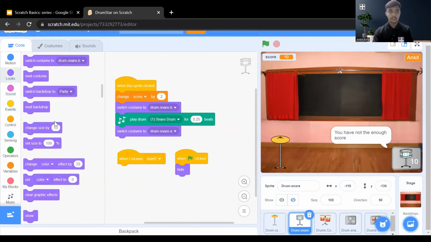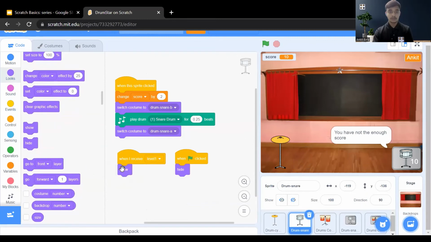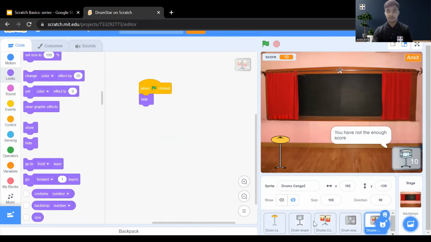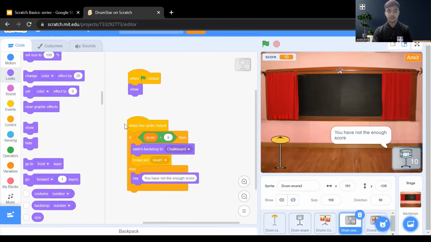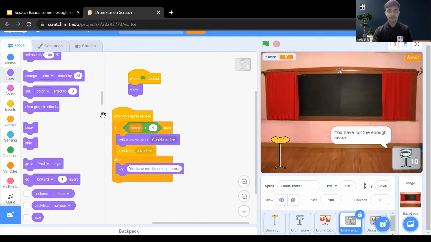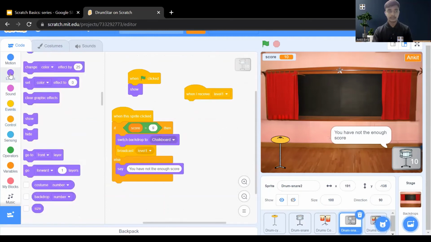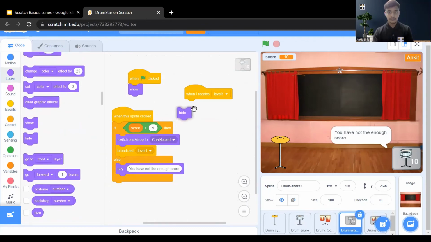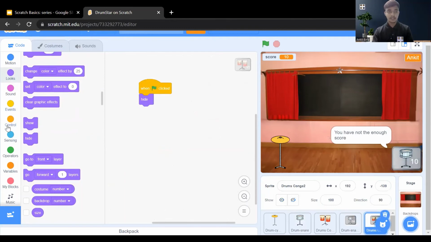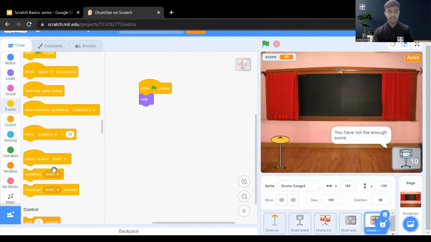Go to the look section, drag the show block. And also hide this one sprite, this one option. So go to the event section. When I receive level 1, hide this sprite. And show the second indicator. So when it receives the level 1,